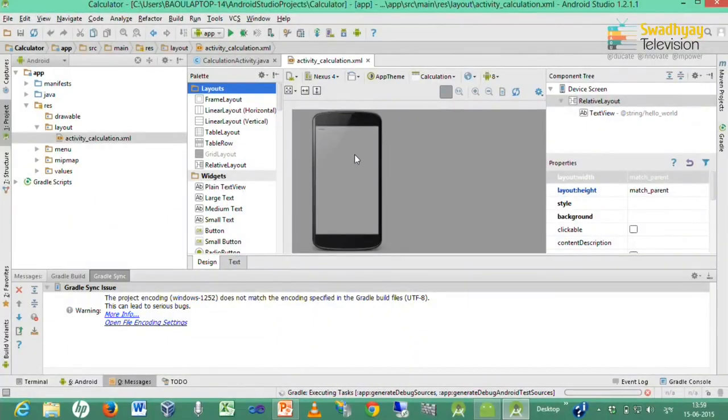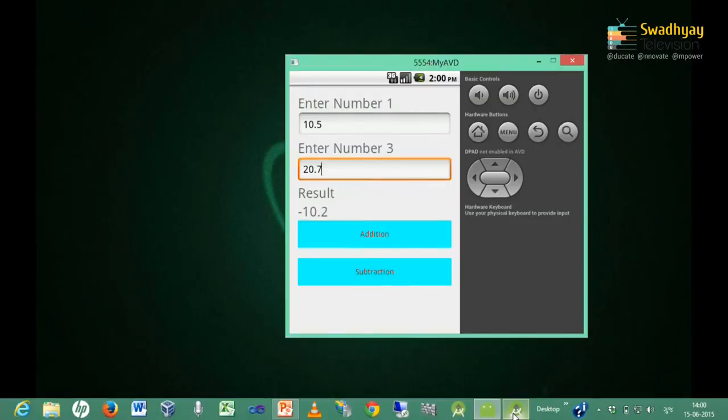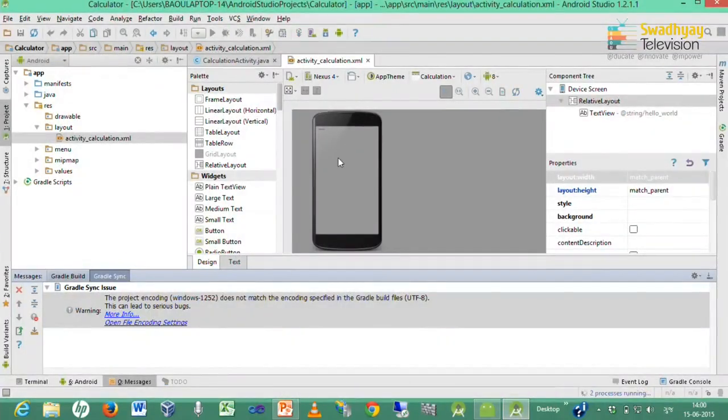So this is a blank screen. Here we want to place all the content that we have seen in this emulator. So according to this screen we will design our interface. So first, this layout is by default relative layout.